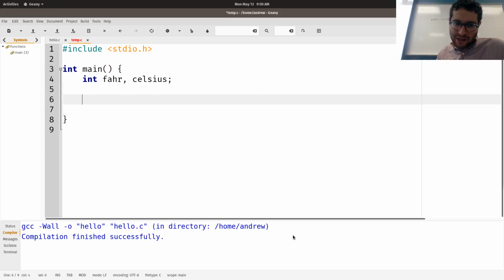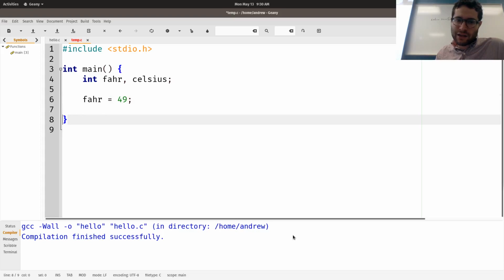All right, so we've declared two variables, Fahrenheit and Celsius, and what we're going to do is say, let's go ahead and take the current temperature in Fahrenheit. Int Fahrenheit is, sorry, we only do int once. Int is used to declare a new variable. It's what, like 47 degrees today, 49? So we'll put down 49.